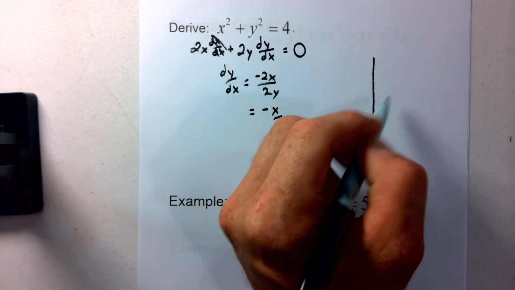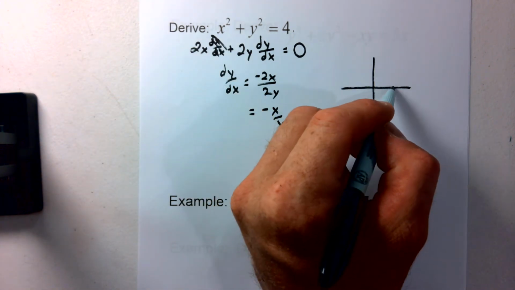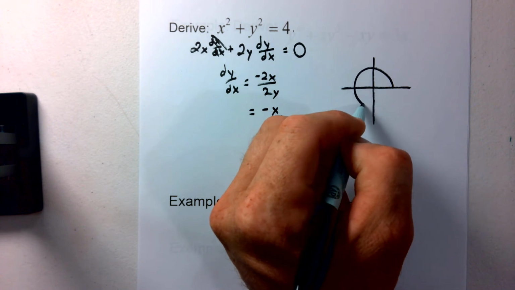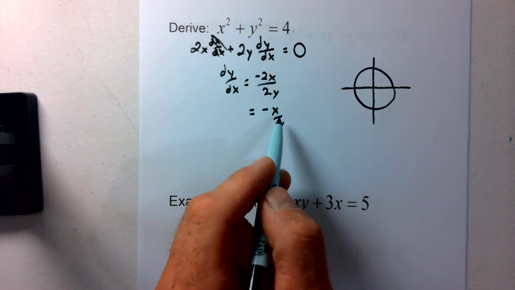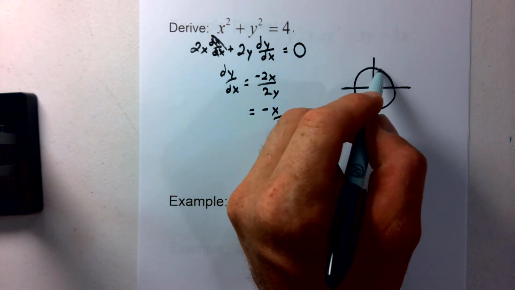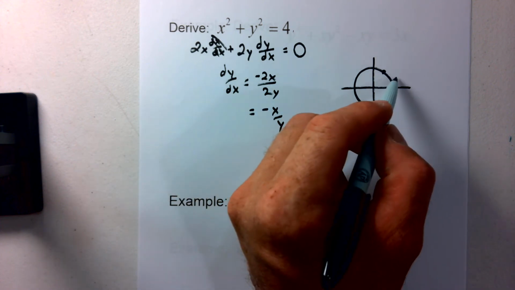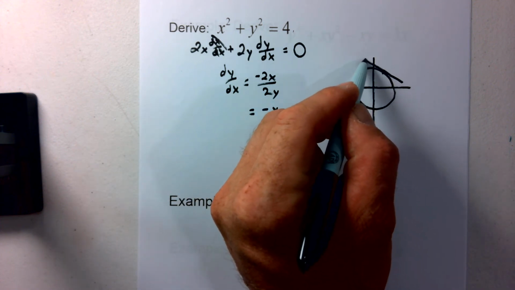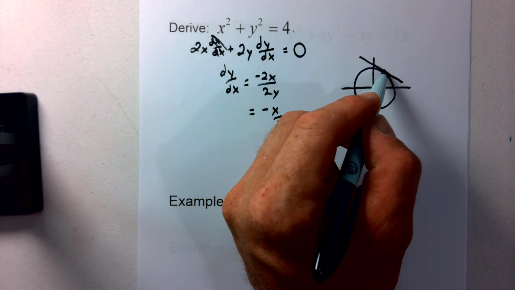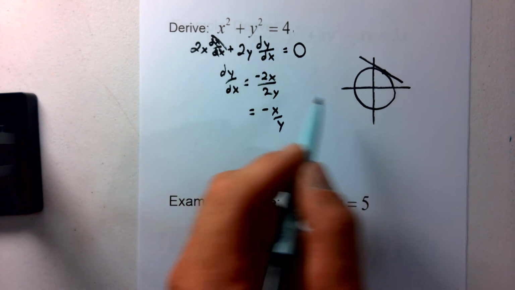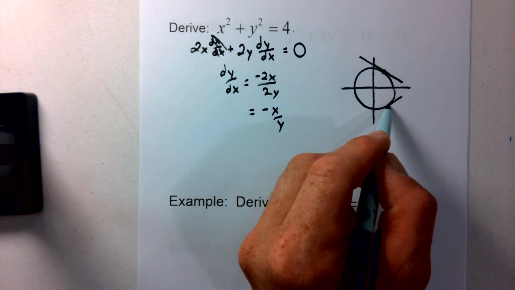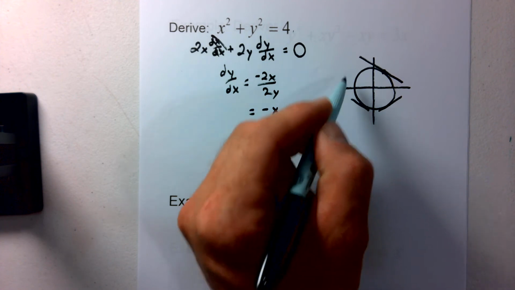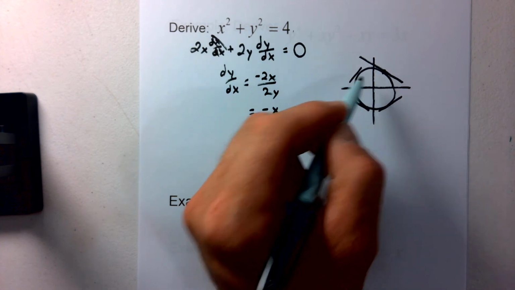Well, what does that tell us? If you think about this circle here, at any point on this graph, on this circle, we can find the slope. And the slope is going to be the negative x value over the y value. And we're going to see that we're going to have multiple places. We can go around this infinitely, but we're